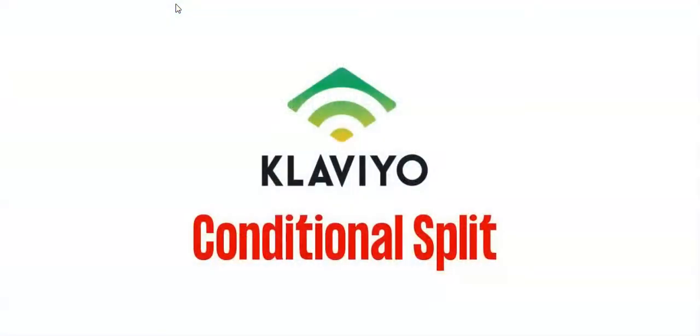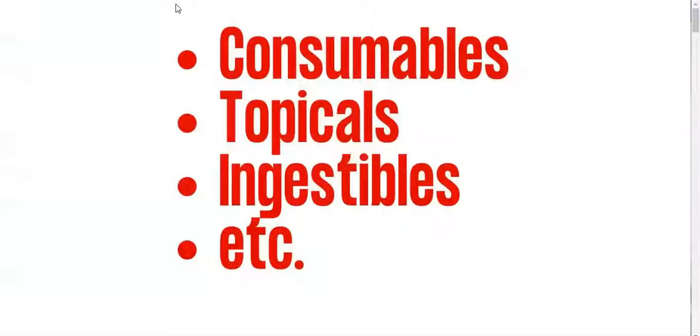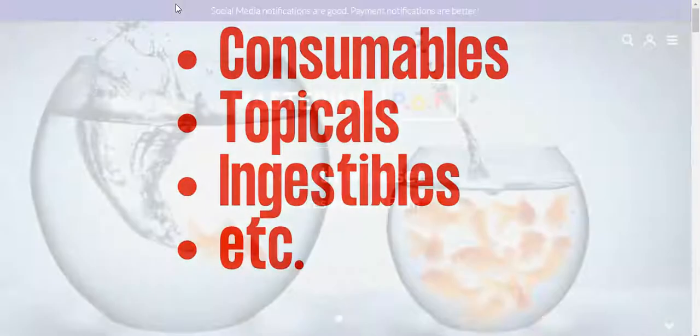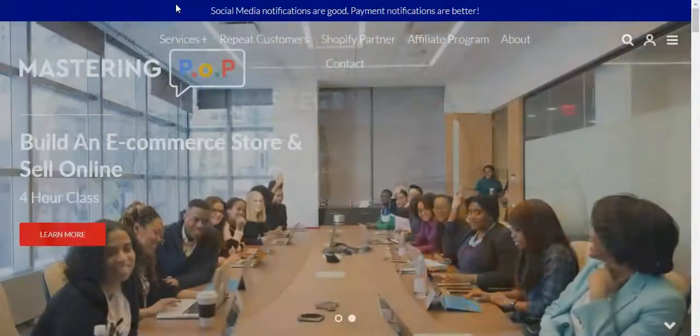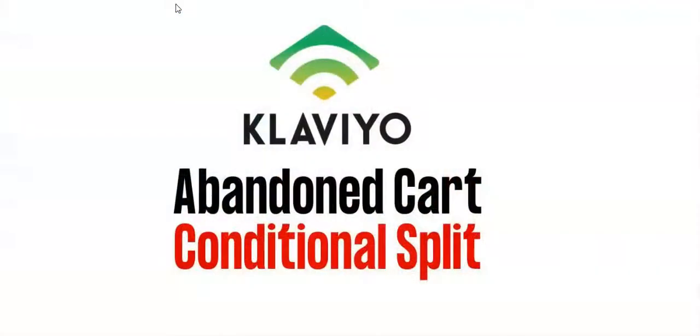Today I'm going to show you how to create a conditional split in Klaviyo so that you're not constantly giving coupons to someone who's already bought from you. If you're like me, you're selling products that customers have to keep coming back to buy, right? So consumables, topicals, ingestibles, packaging. You definitely want to set up a conditional split in your abandoned cart email flow if you're offering 10% off